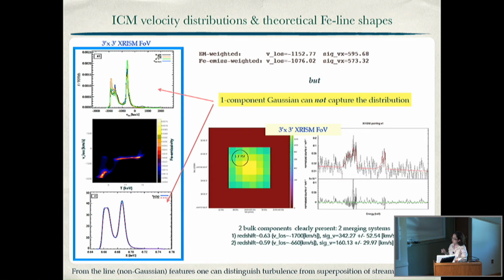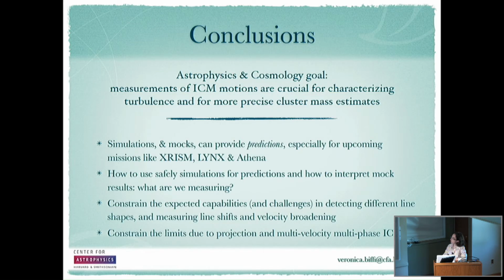So the biases you can constrain are due to projection or weighting scheme, like in the one of the faint regions before, and you can use this kind of study to not only predict what you are able to do, but also constrain a little bit the biases you expect to have in the reconstruction, but also in what you can actually measure about the intrinsic structure and what you cannot, because you are simply confined, let's say, by the X-ray observability of it. And yes, these are more or less my conclusions.